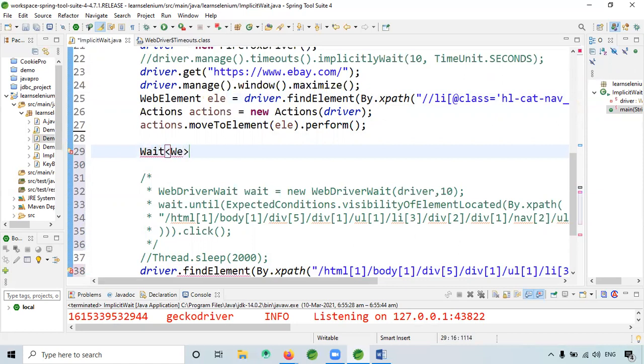So the WebDriverWait wait1 is equal to new FluentWait, again WebDriver, driver.